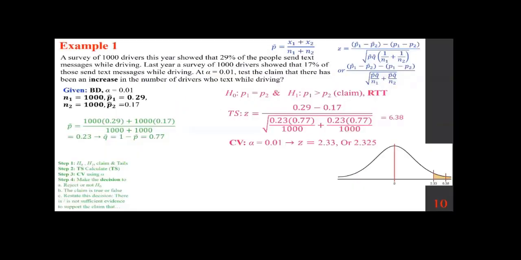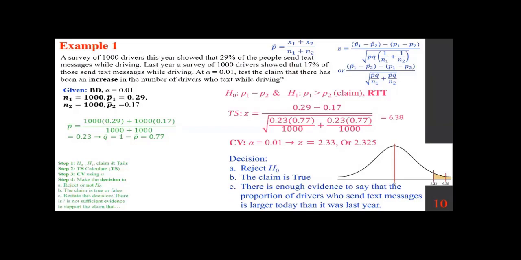If we are rejecting H0, now we're going to go look at the very first step that we wrote for H0 and H1 and see the location of the claim. If H0 is rejected, then H1 is not. Again, loosely put, therefore the claim is not rejected, therefore the claim becomes true. And then you do the writing. There is sufficient evidence to support the claim that, and you just follow that. So reject H0, therefore the claim becomes true. So there is enough evidence to say that the proportion of drivers who send text messages is larger today than